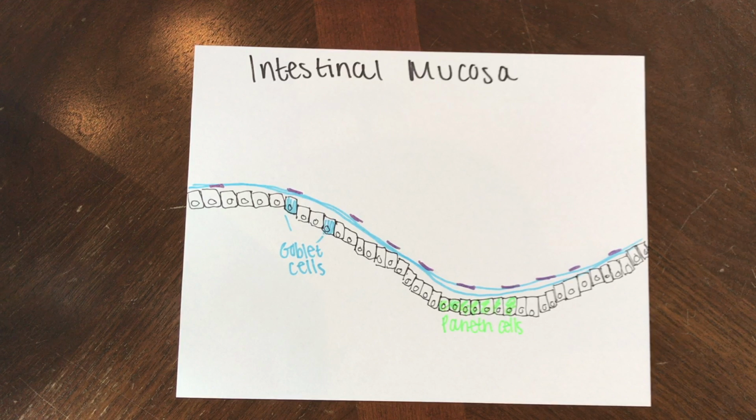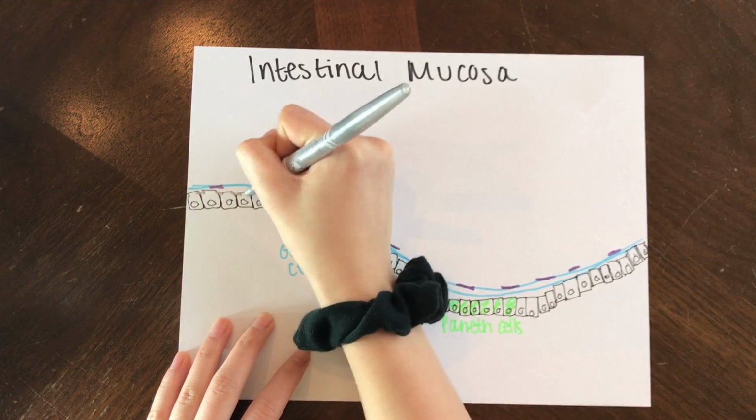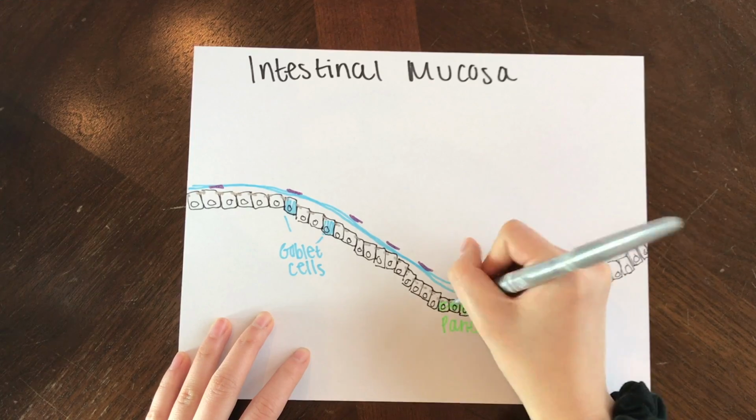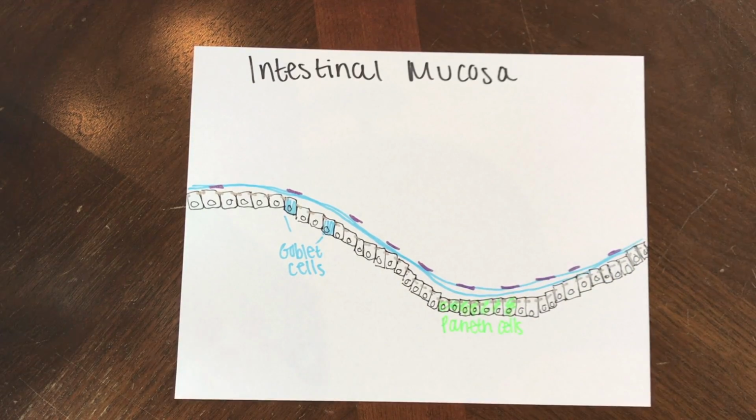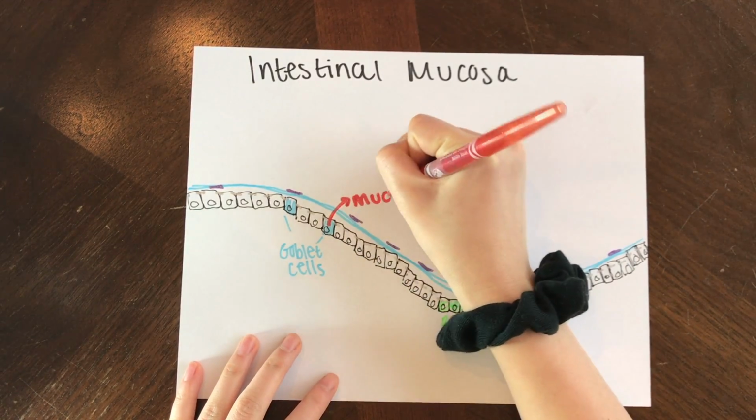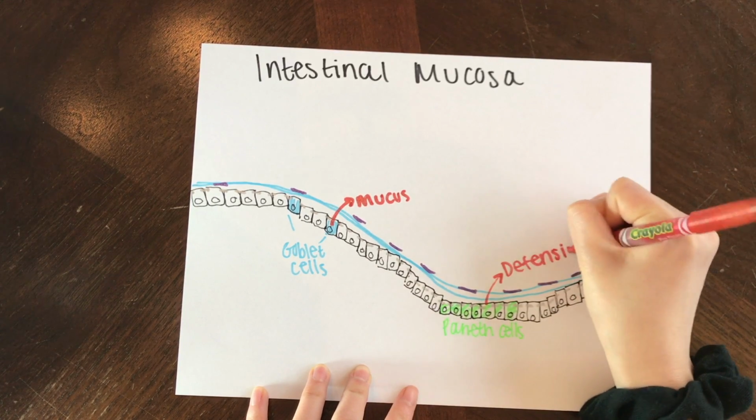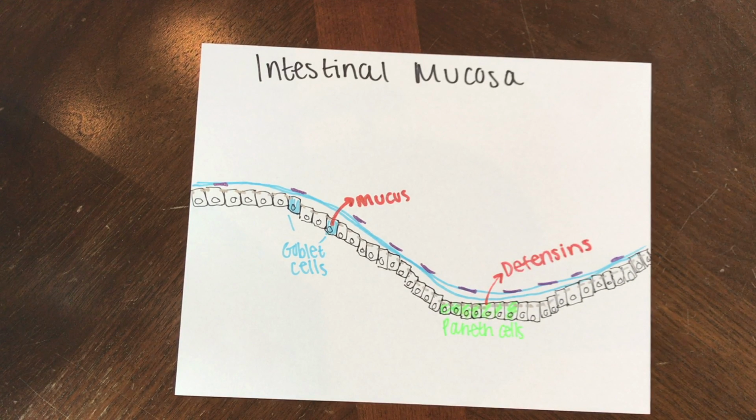The intestinal mucosa serves as a barrier in at least 3 ways. First, the tight junctions prevent bacteria from entering. These are drawn in silver. Also, goblet cells secrete mucus and Paneth cells secrete defensins. Tight junctions and mucus prevent bacteria from entering, and the defensins destroy bacteria by a process called cell lysis, which